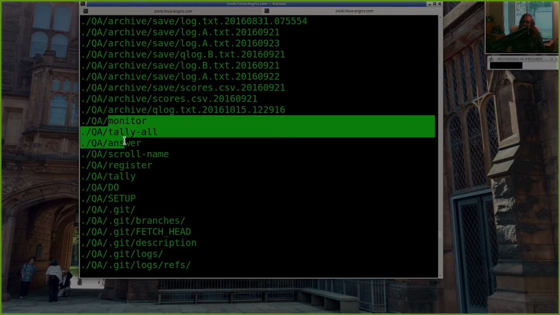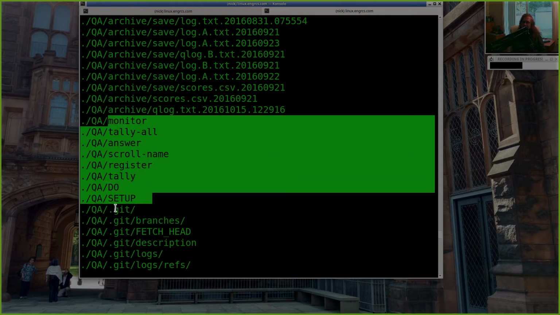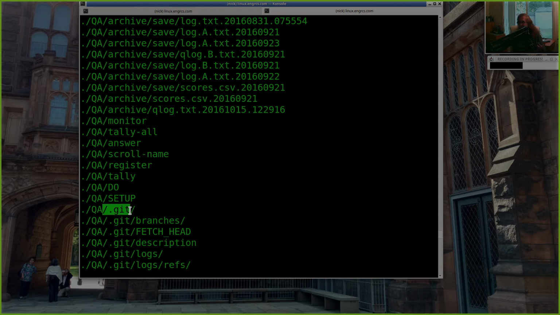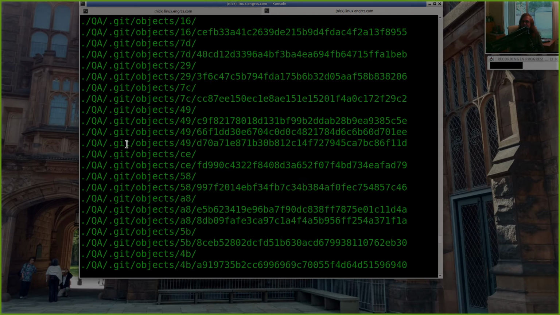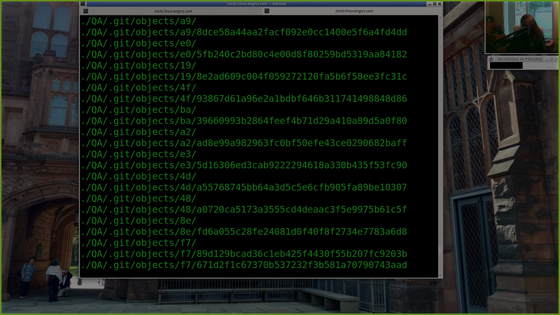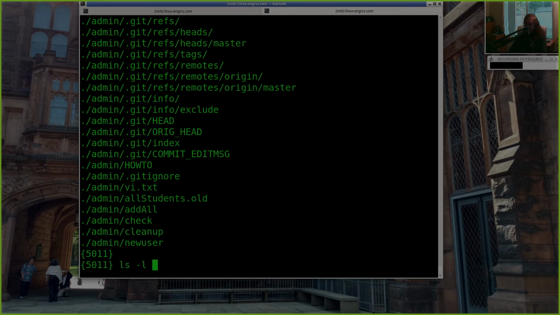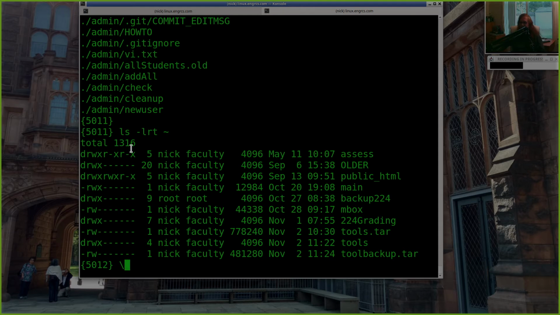It added these other files in the QA directory, and then it added a .git directory because QA is under Git control, so all of my Git files got stored, and so on and so forth. So if I look in my home directory, I have a new file now called toolbackup.tar. It's 481K, and this is an archive of that entire directory tree.